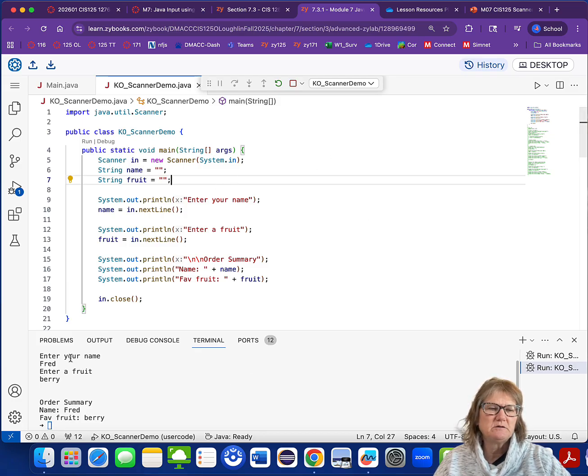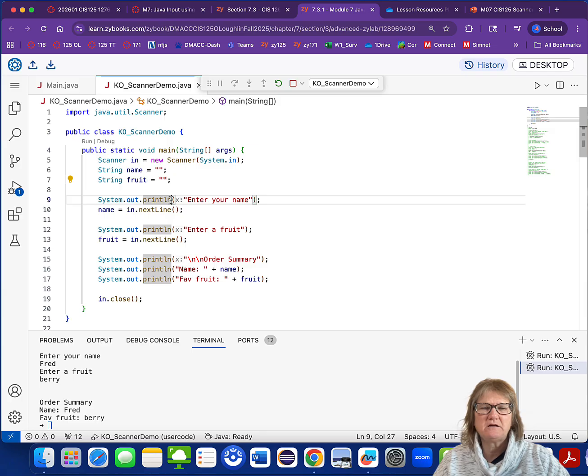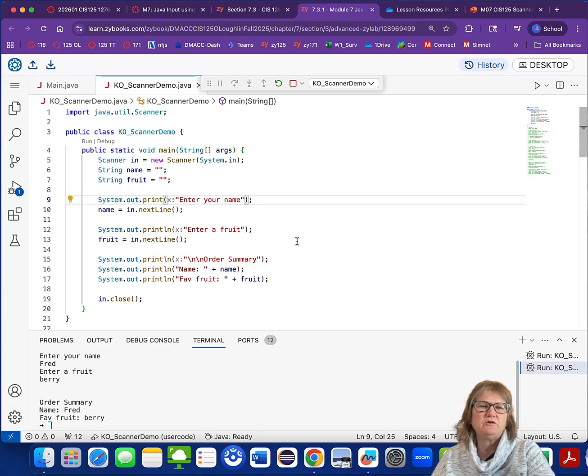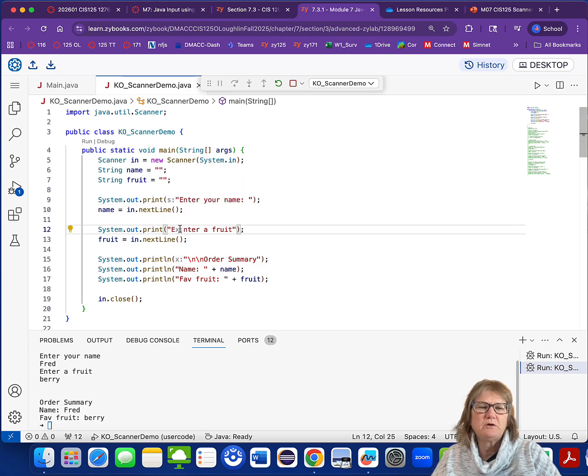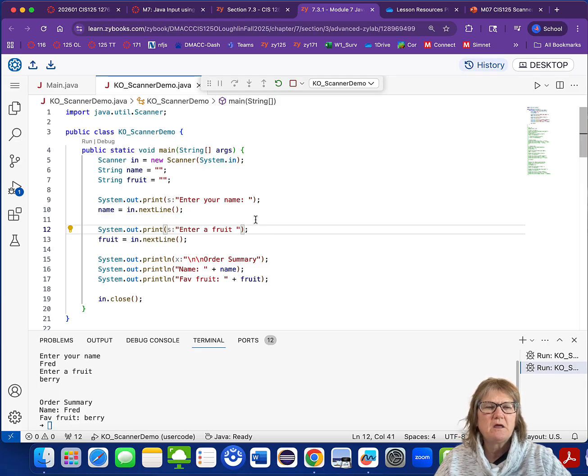Number one, sometimes it's kind of nice to have that input on the same line, so we can use a print statement instead of a println. And that will make our user input a little bit more friendly. But then we need to add a space at the end. So that inputs. The next thing I'm going to do is I want you to pay attention to how we